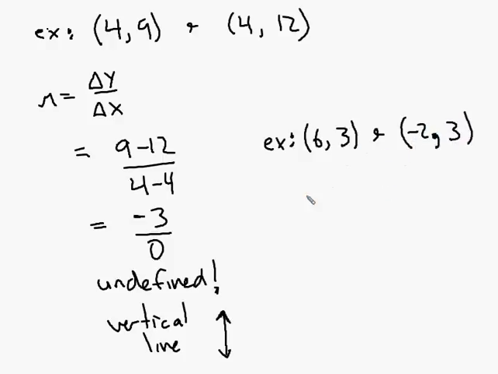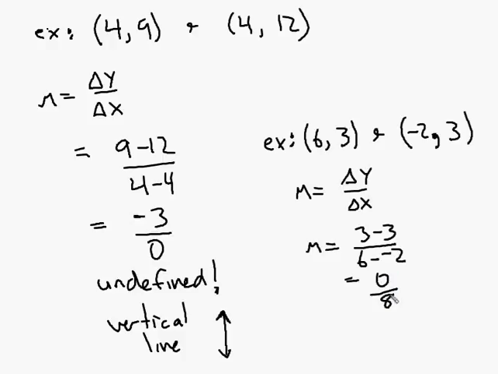All right, let's do this one. M is change in y over change in x, which means, what do I write? 3 minus 3 over 6 minus negative 2, which is going to be a plus. So I get 0 over 8. Now this one's okay. I get 0. 0 is my slope, which means I have a horizontal line,